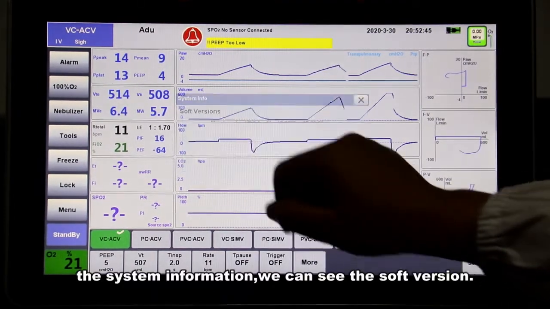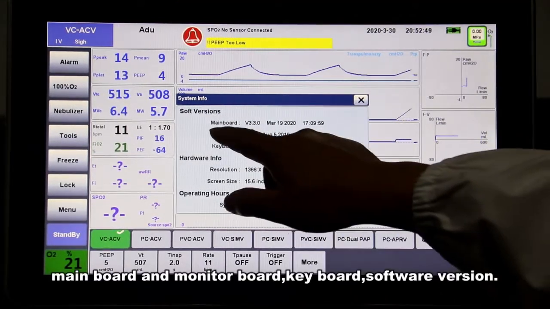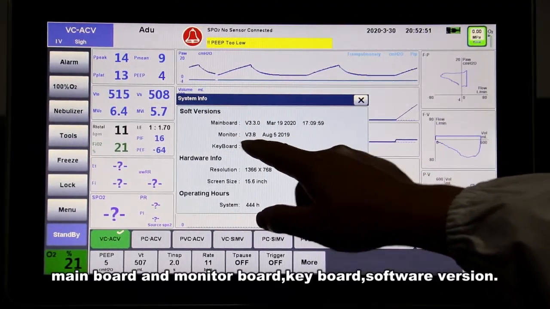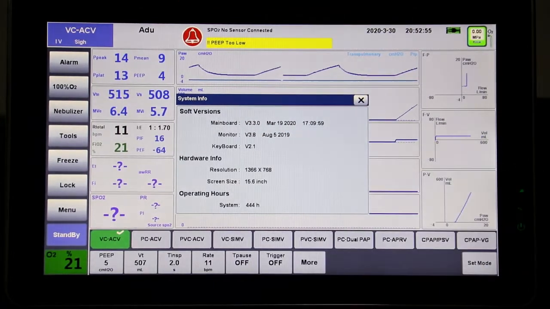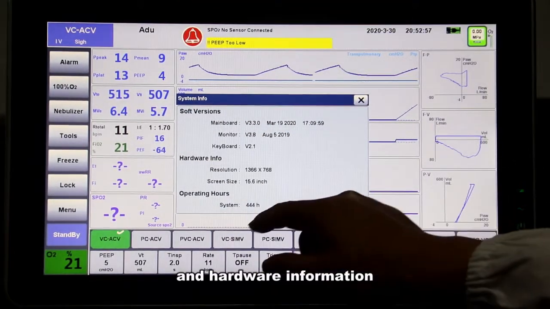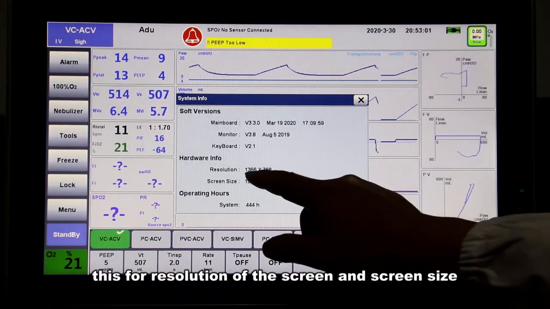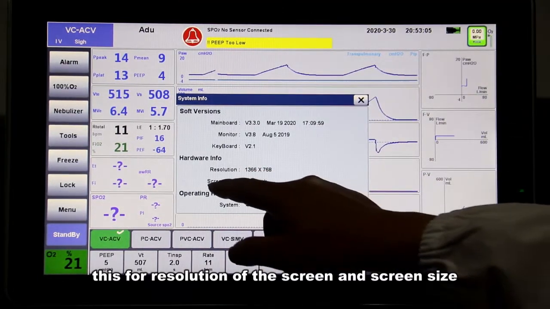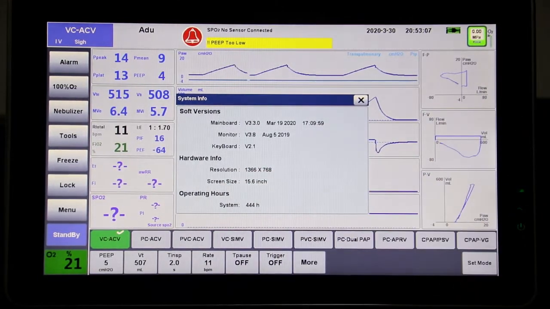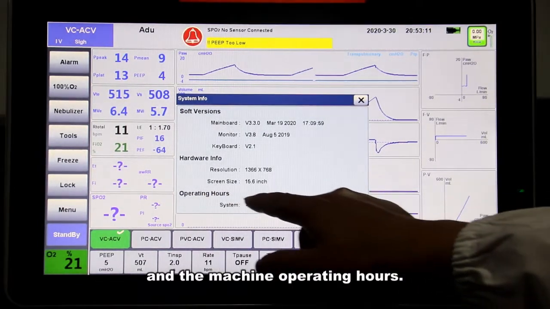The system information, we can see the software version, mainboard and monitor board, keyboard, software version, and the hardware information. This for resolution of the screen and the screen size and the machine operating hours.